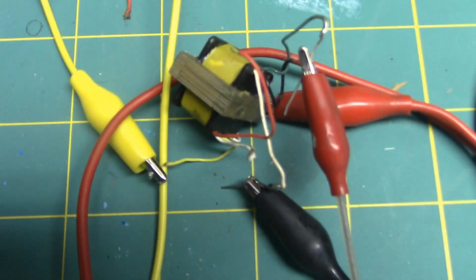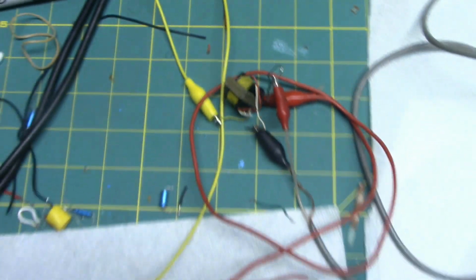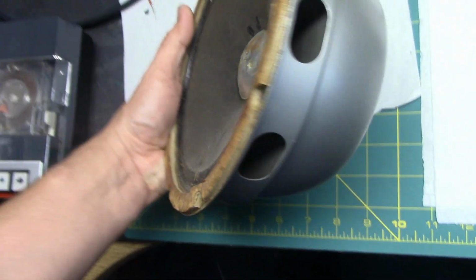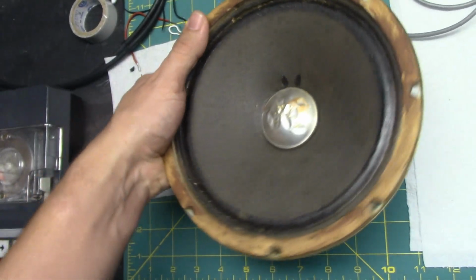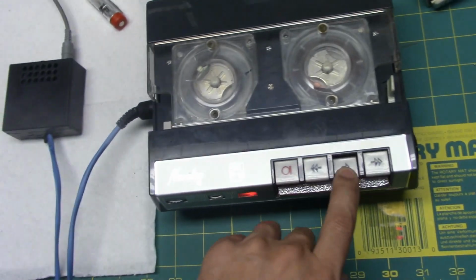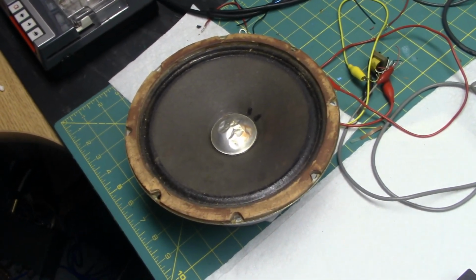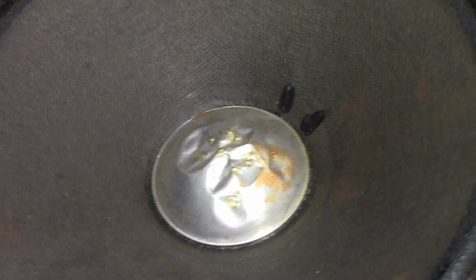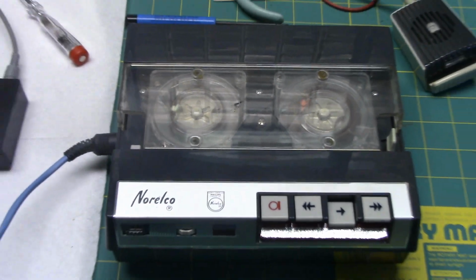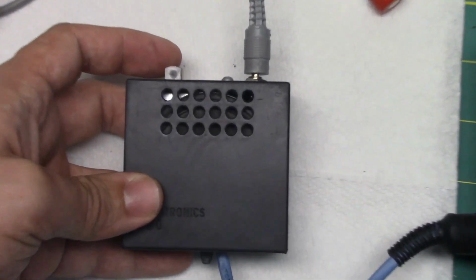But the beautiful thing is finding a pretty good transformer for matching the impedance combined with a very efficient external speaker. Now this speaker is an old Altec Lansing 400B speaker which came out in 1949. It was made to be extremely efficient. With that setup, it's surprising how loud this recorder will drive it. Compare the volume, how loud this is versus